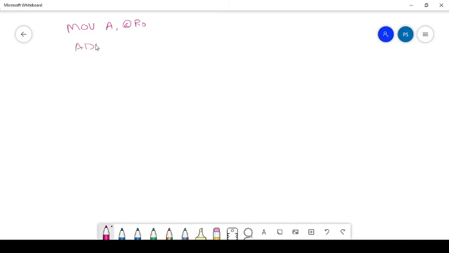Another one is ADD A, @R0. Here R0 and R1 point to the contents in the RAM. So R0 and R1 have the address of the RAM where the data is stored.